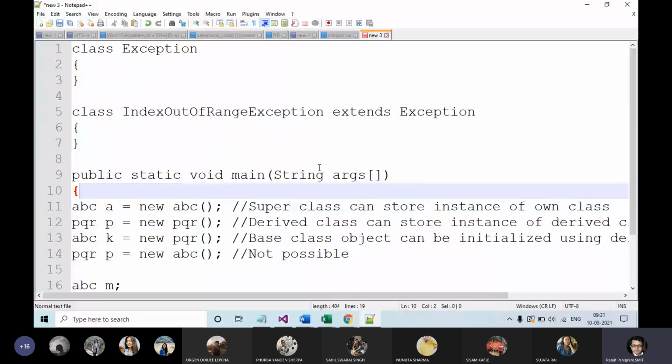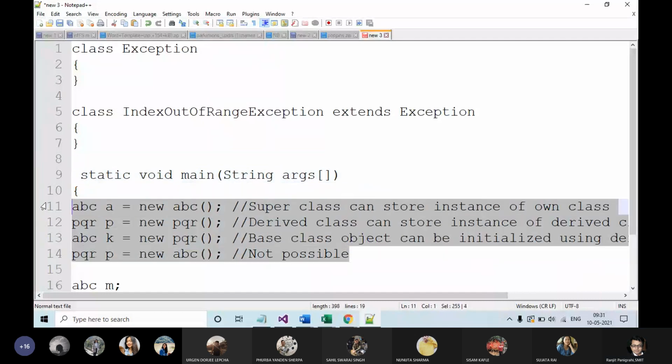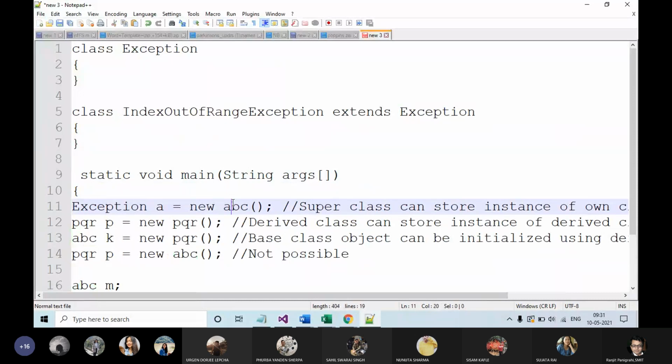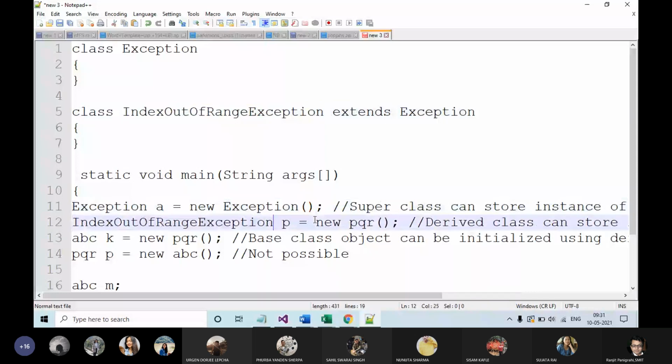Okay. So in the .NET, you have the static void main. So what I can do is, instead of ABC, I can create object of which class? This class. Okay. PQR is this class. Okay. ABC is again